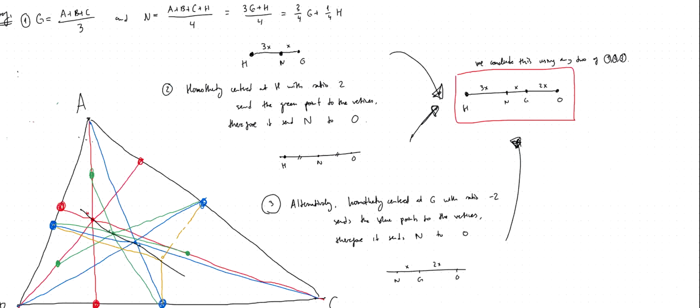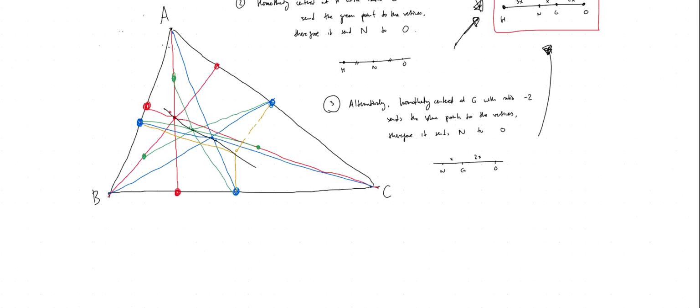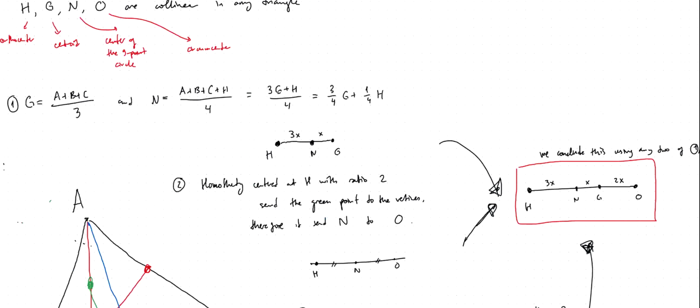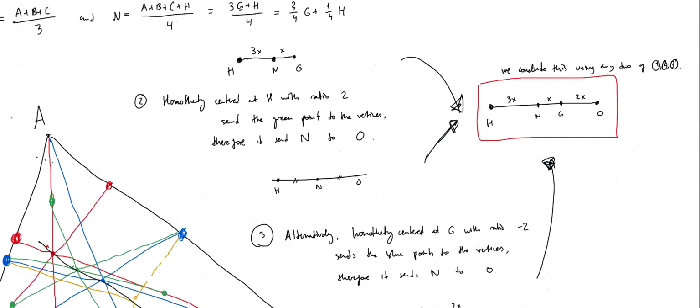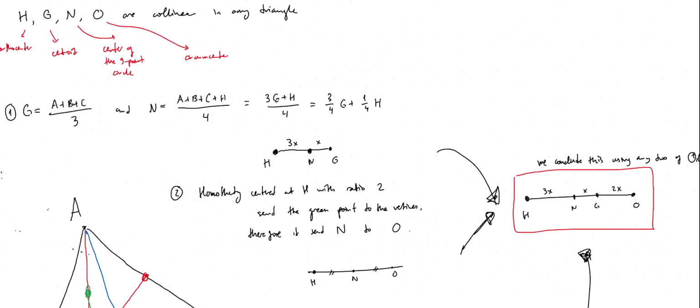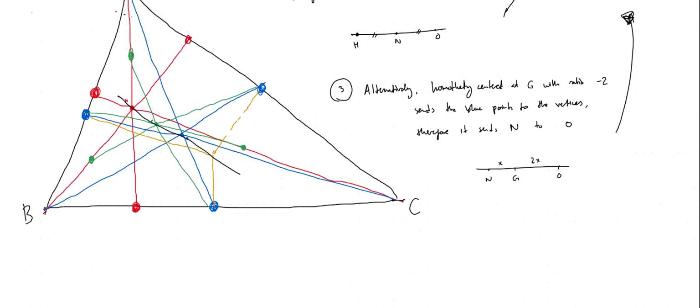So this is the Euler line. Especially, let's say, especially HGO are important points. But in all these three arguments, somehow we use N. In one of them we do NHG, the other one we do NHO, and the third one we do NGO. So these are the ones that are easier to prove. But at the end, this proves that all 4 points are collinear, and the collinearity of HGO itself is an